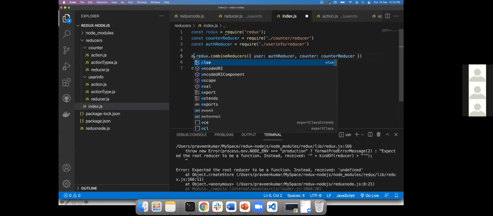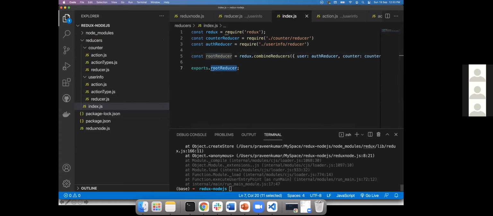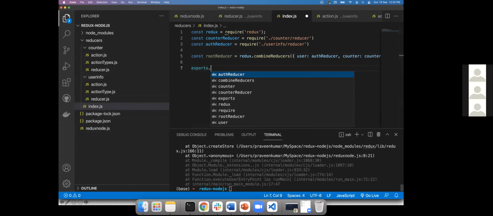One second. Const rootReducer equal to combining the reducer is fine. Okay. Root dot root reducer. Yeah. Exports dot root reducer.